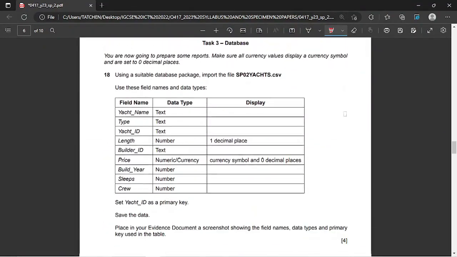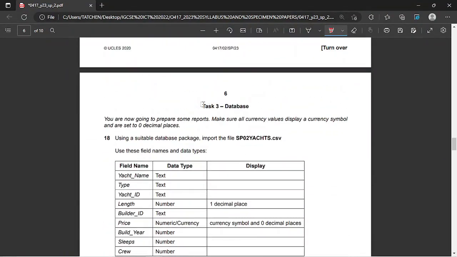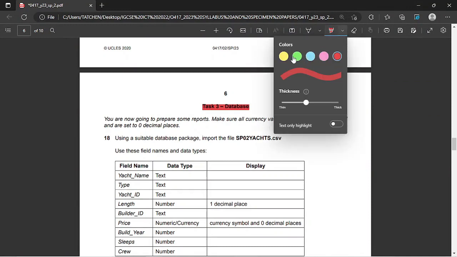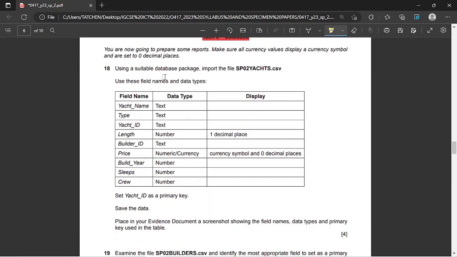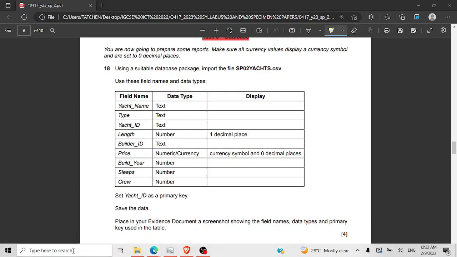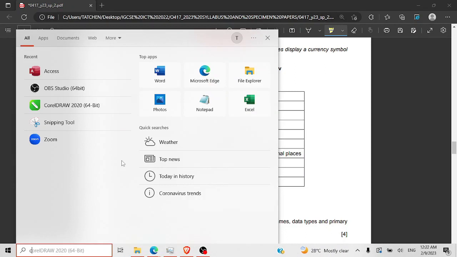The database part is task 3. They say you are now going to prepare some reports. Make sure all currency values display the currency symbol and are set to 0 decimal places. So using a suitable database package, import the file sp.csv. Okay, so I'm just going to search for my